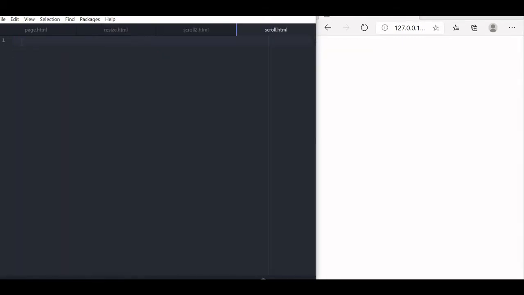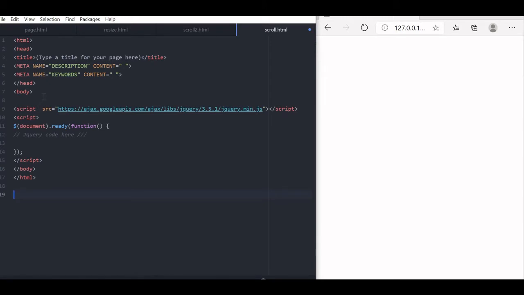Let's paste our code here. Now the structure is ready. First we'll start with one text area, because to observe the scroll event we need a scroll area where scrolling is possible. Then we will move towards our window scrolling. First let us start the text area. Id, let's give t1, rows 5, cols let's say 25 columns. We don't want more here.